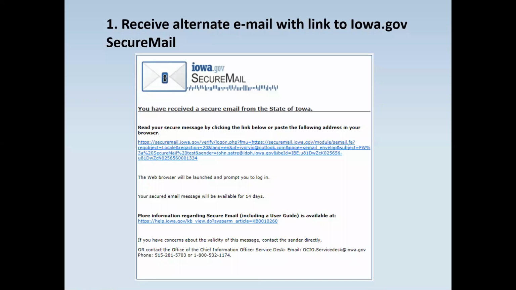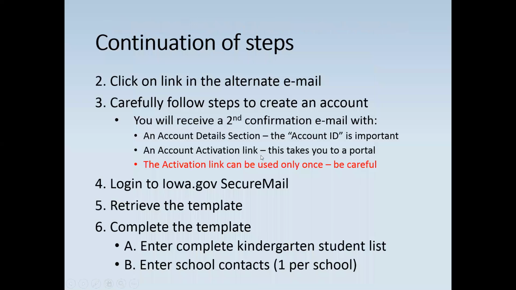The first step is to click on the link that's found within the secure email. The second step is to click on the link. Carefully follow the steps to create an account. The most challenging part, as I mentioned before, is creating the account, but it's not difficult if you carefully follow the instructions. If you carelessly go through the steps, it is likely that you will be unsuccessful in creating the account and you'll have to contact someone at the Iowa Help Desk. This is something that you want to avoid. I'll be able to answer questions about any other aspect of this process, but resolving problems with a secure mail account is out of my hands and handled by a different state of Iowa department.